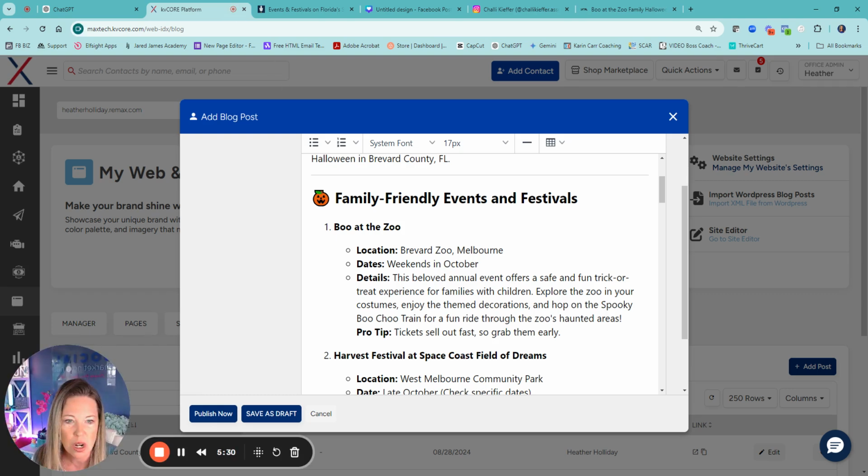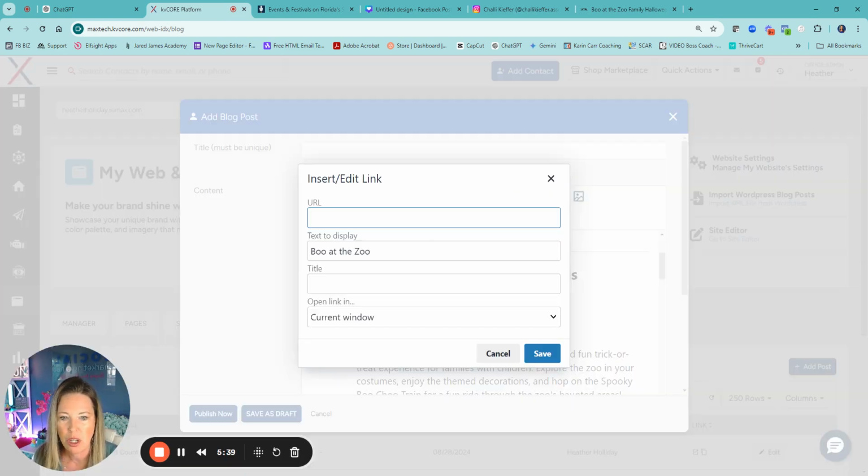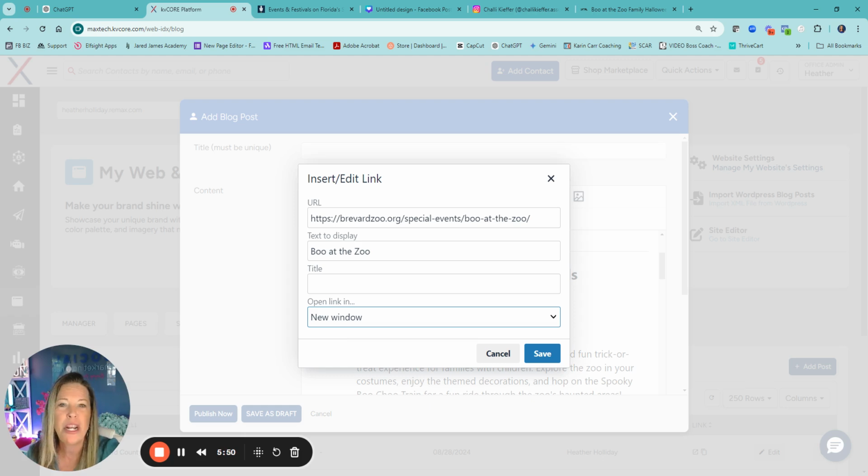When I'm in my KV Core, I can link it up here if you want to. When you go to link, super, super, super important: you want to make sure any link that does not go back to your website opens in a new window. This way they navigate, it opens that tab in a new window. It's not taking them away from your website. Once they check out the venue, they close that window, your website will be front and center again. You never want to lead somebody away from your website. So any link that you are connecting, you want to make sure always opens in a new window. And then I go to save.